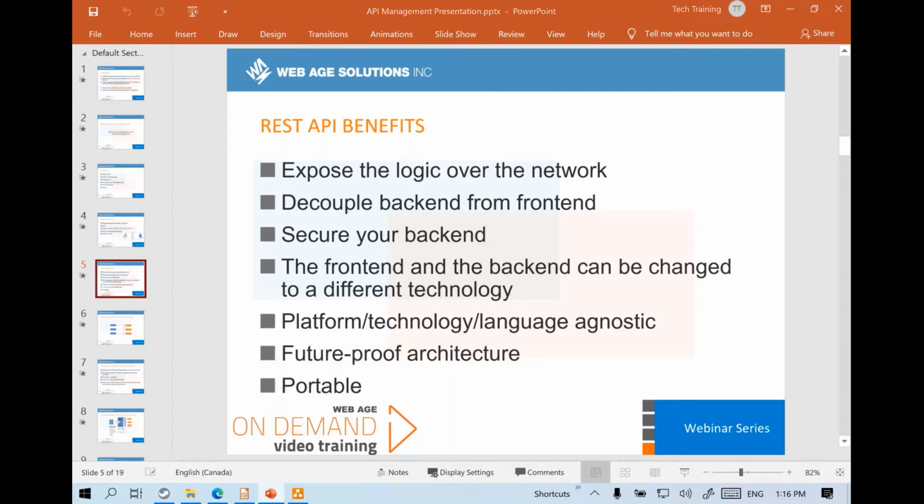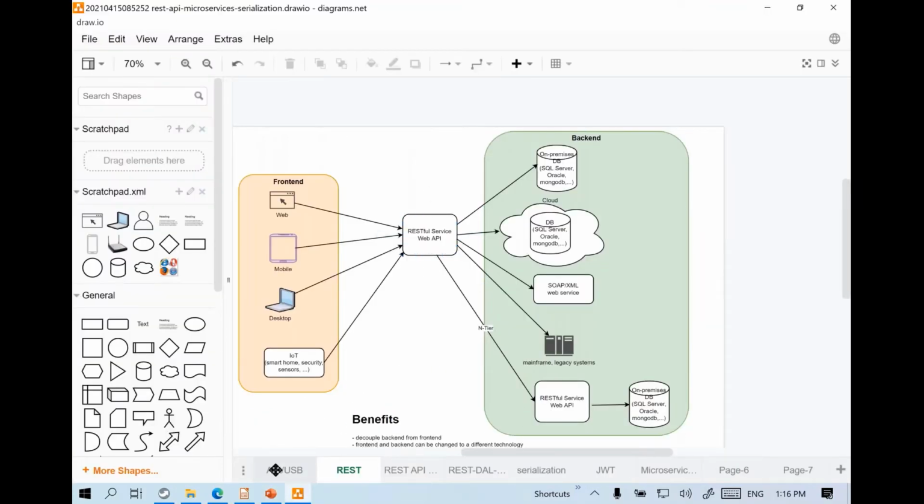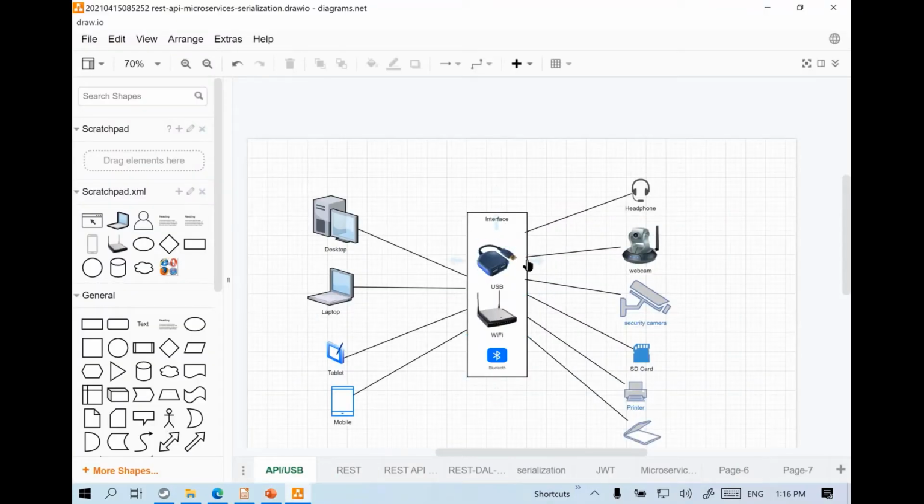And future-proofing, yes, back in the day, there were several attempts to make the architecture future-proof. Like I mentioned, even in the case of hardware devices, we have USBs. When USB 2.0 came out, people said, oh, it's super fast and it's the future. But later on, it got replaced by other versions of USBs and so on.